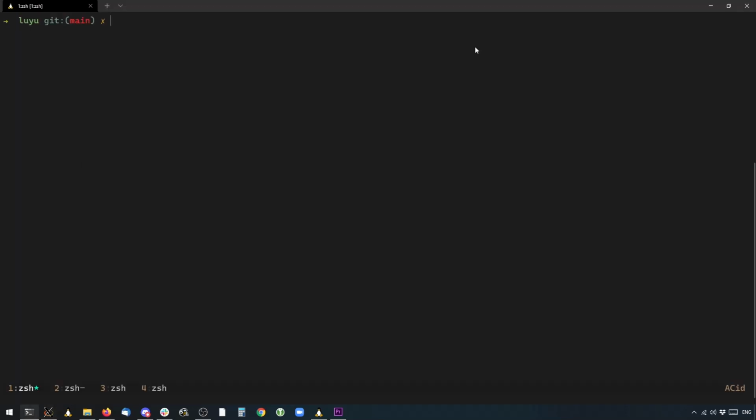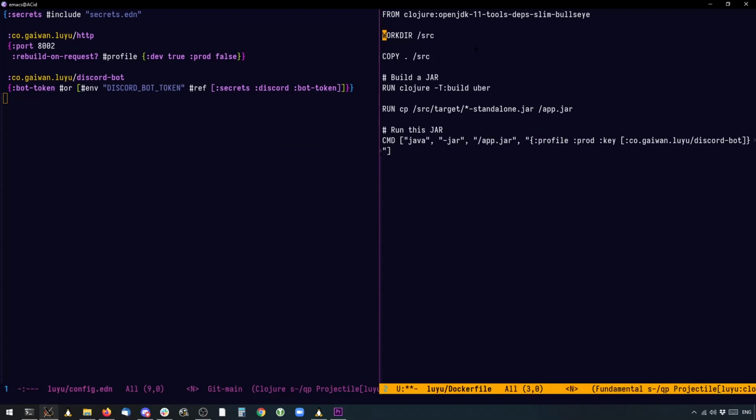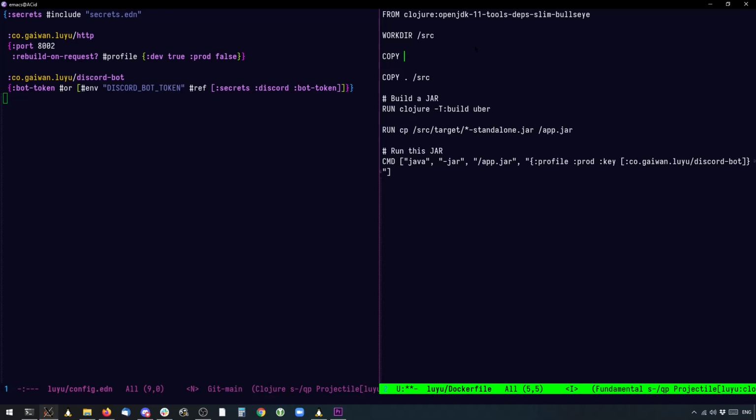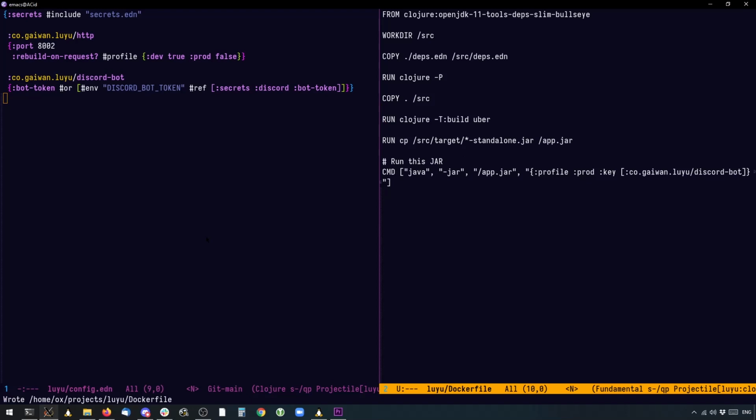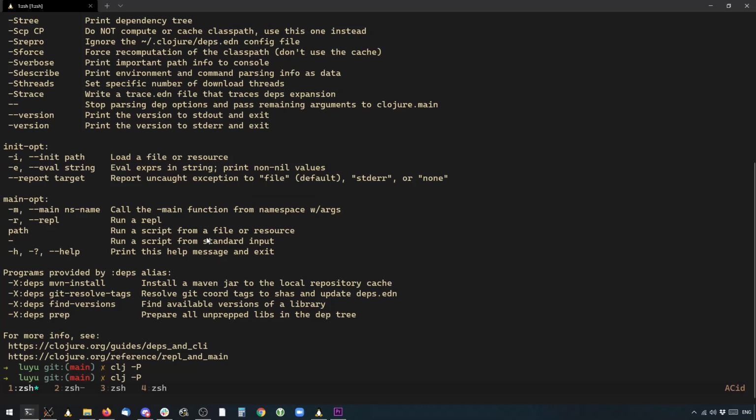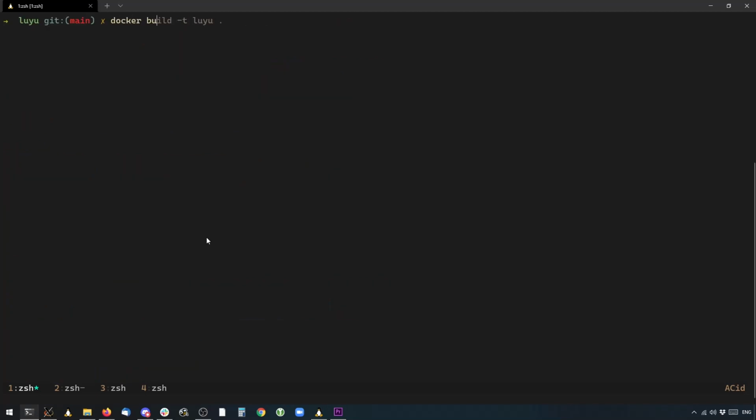So what we'll do is copy deps.edn, and then run something like clojure with the -P tag, which is prepare, so it prepares and downloads everything, and only then will we copy the rest of the things. And then we build the jar. So this might help with the caching. So let's check it out. We've saved this. Let's build it again.